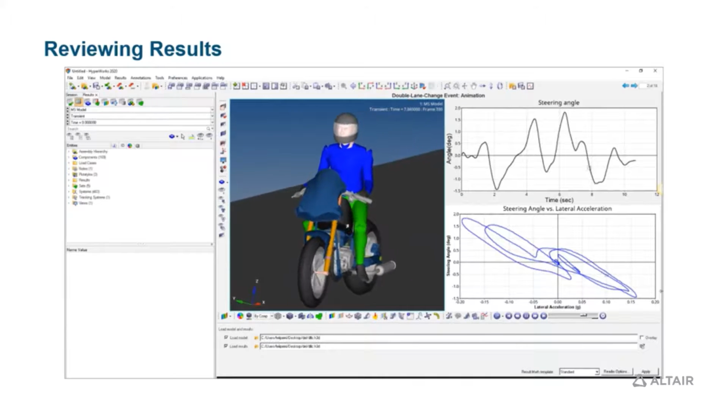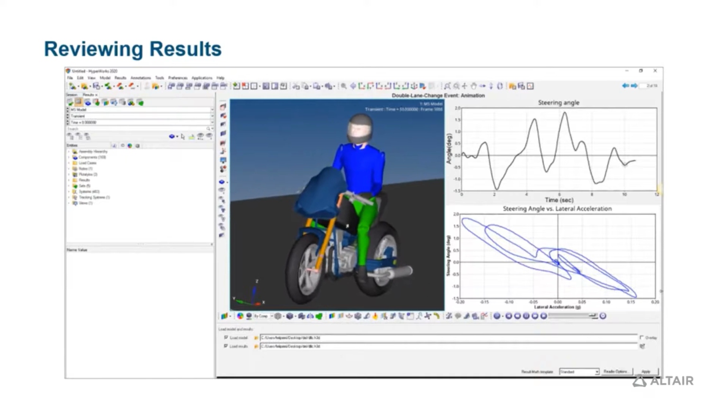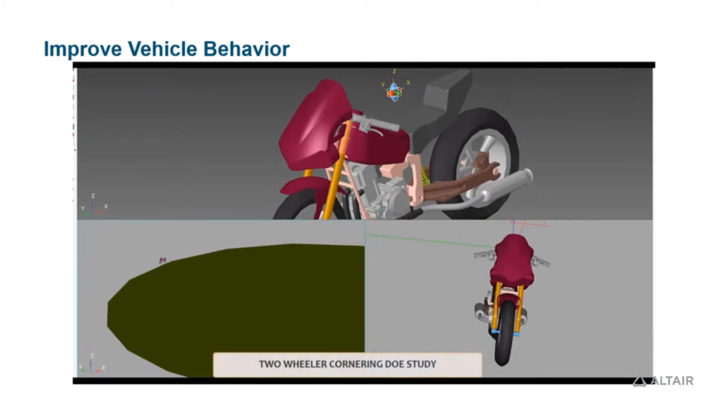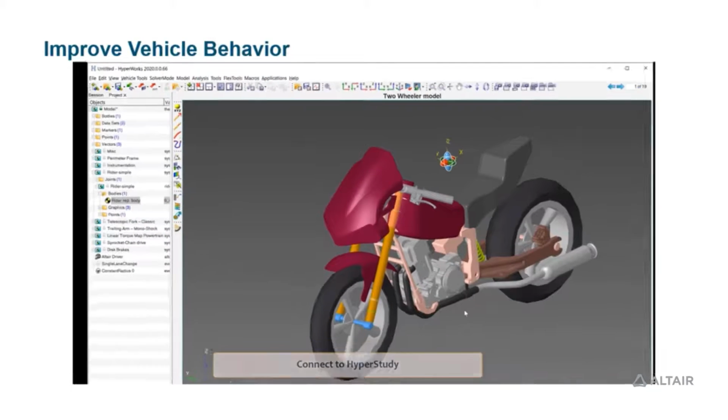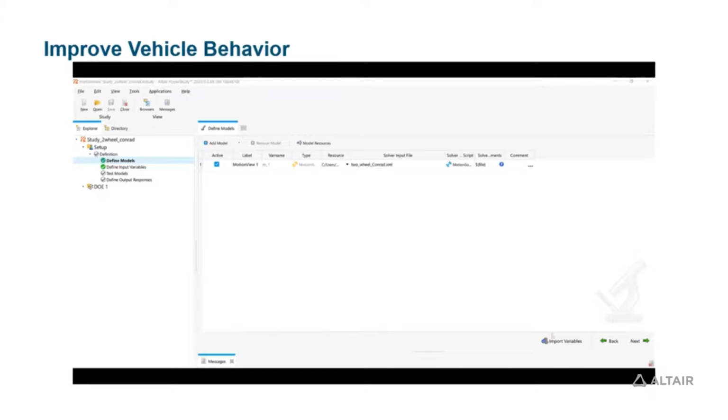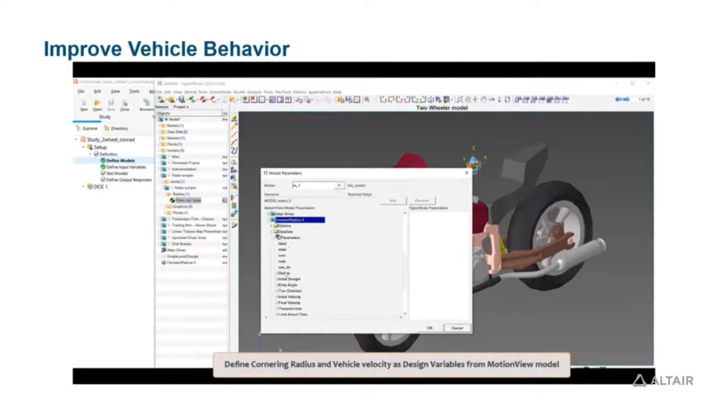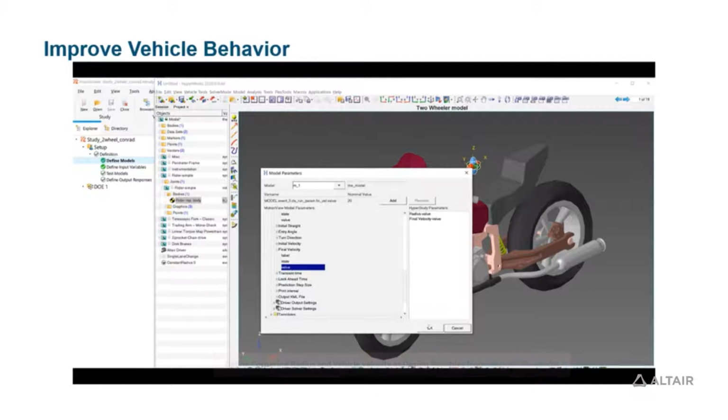Third, you load the computed results to an intuitive post-processor to look at animations, plots, metrics of interest and create reports. Finally, once a validated model is obtained, you can perform design studies and optimization with the model to create a well-behaved and an innovative product.